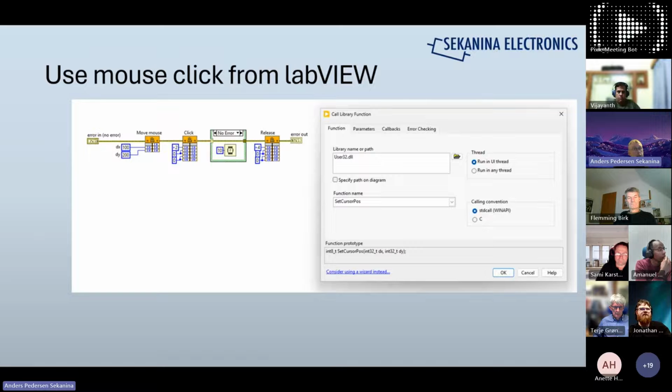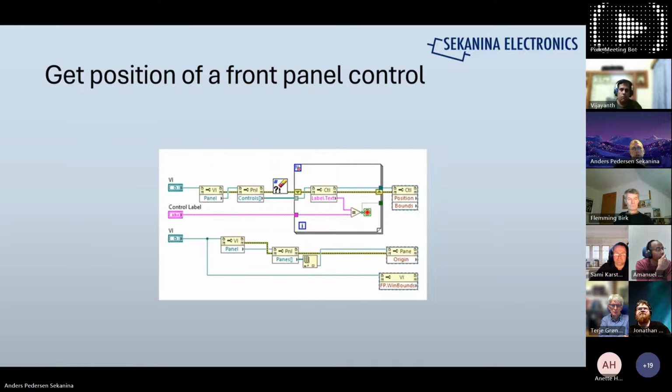Another way I looked at is a mouse click from LabVIEW. You can of course call a DLL. There is a Windows DLL, which is of course only on Windows. I think something similar will come on Linux. Then you can move the mouse somewhere, click it, and release it, if you want to just click a button by calling a DLL. I don't think there's anything direct in LabVIEW for it.